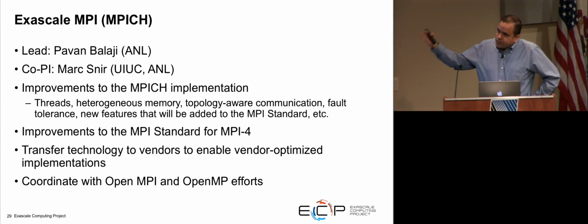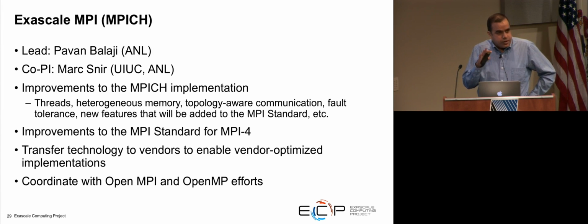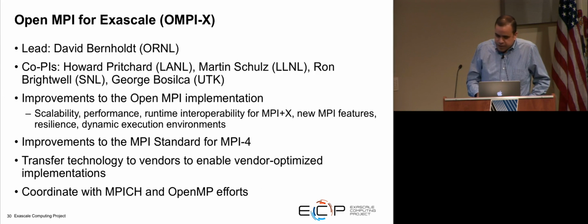So this is improvements to the MPICH implementation in the area of threads, heterogeneous memory, topology-aware communication, fault tolerance. New features that will be added to MPI. So they're all engaged in the MPI forum and making sure that the MPI standard itself has the features in it that are needed for the future platforms, and technology transfer to vendors. They have code hackathons with vendors regularly, with Intel and Mellanox and others. There was one I think just last week in Austin, and they coordinate with the Open MPI and OpenMP